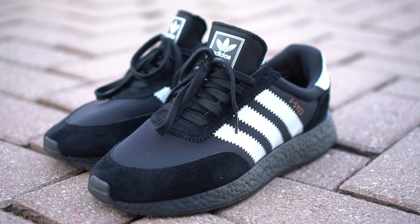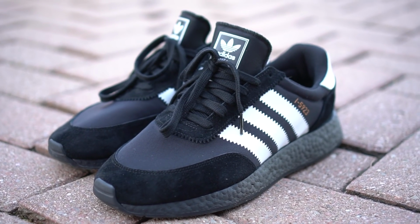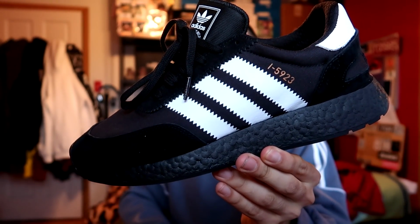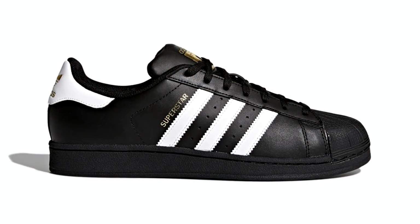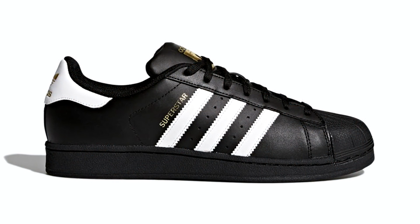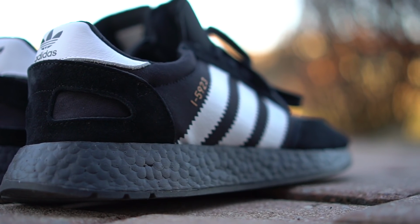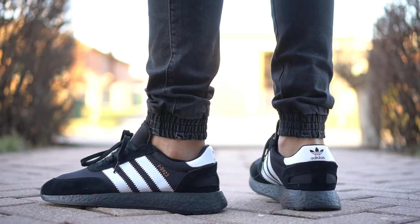So these are super clean, super subtle. You're not gonna have to worry about matching this with anything. Just throw this on with your outfit and you're good to go. Black and white Oreo themed, and it sort of reminded me of an Adidas Superstar, the all black colorway. It really reminds me of that. So if you love those sneakers, but maybe you want some extra comfort because, you know, Boost is bae, then the Adidas Nike runner, or I-5923 in this black and white colorway might be worth checking